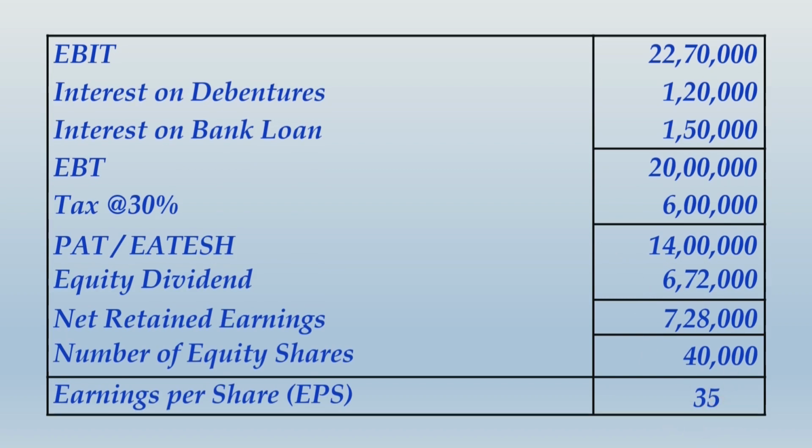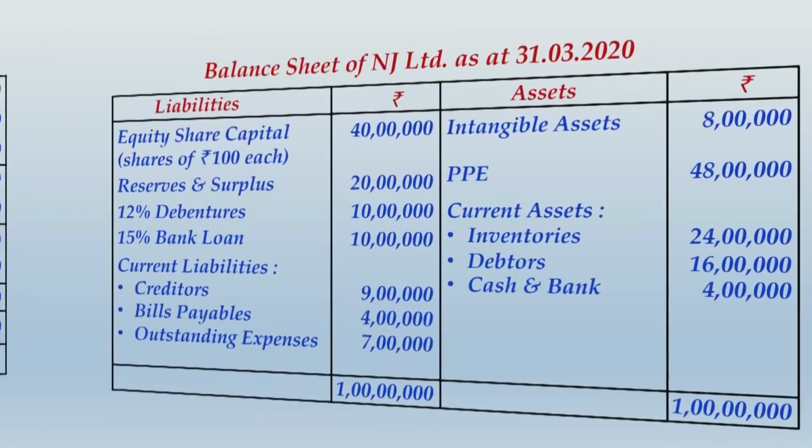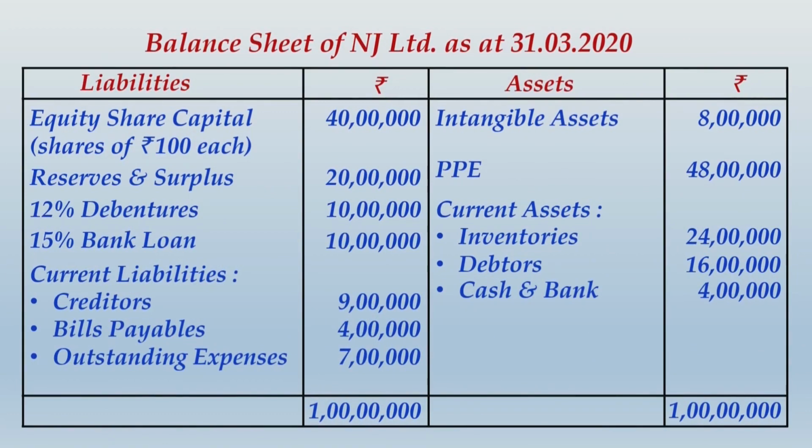Let me tell you one more thing, earnings per share itself is a ratio, correct? Earnings per share itself is a ratio which is computed by taking total earnings available to equity shareholders divided by number of equity shares. But because this EPS is already given to you in the question itself, we will not have a need to actually determine the same. Anyway, let us move ahead and look at the information given further.